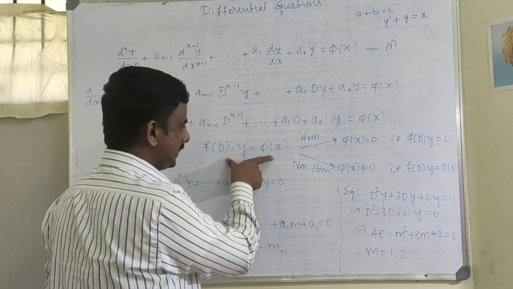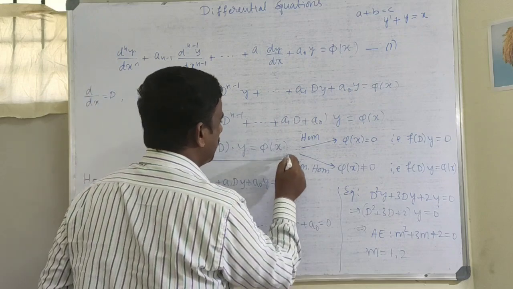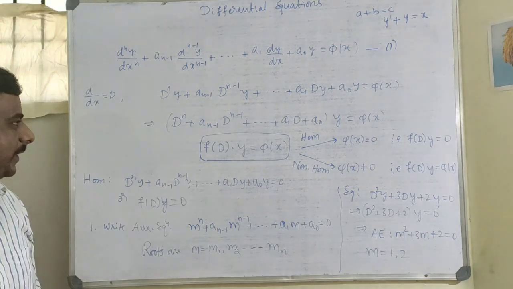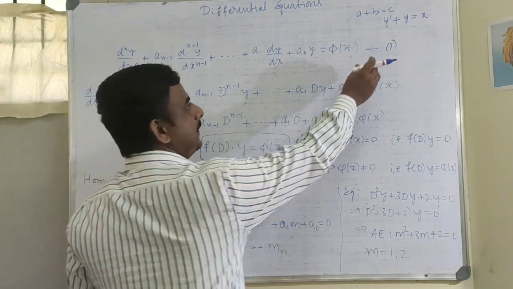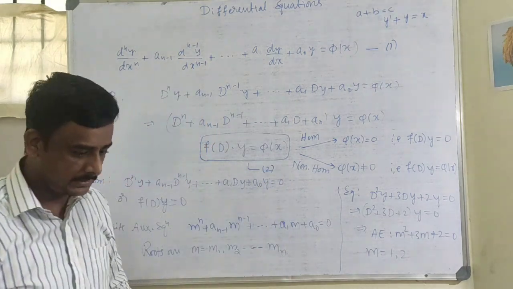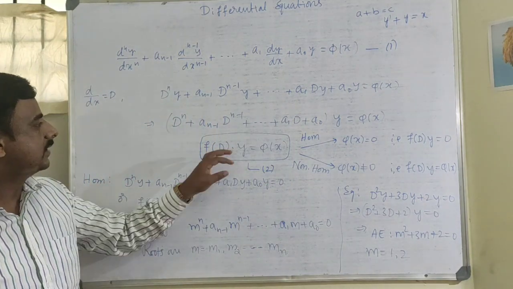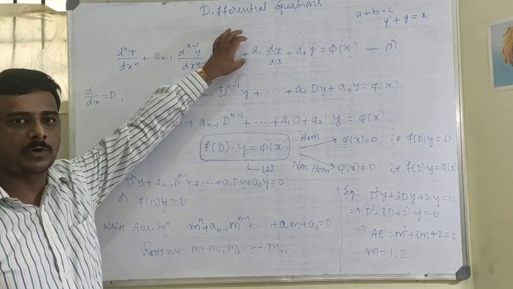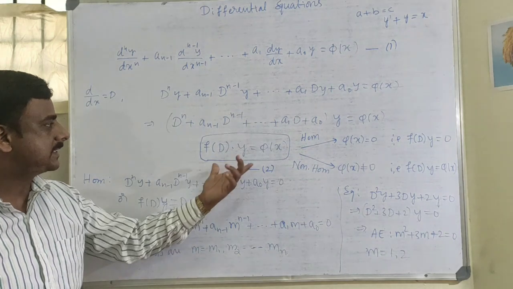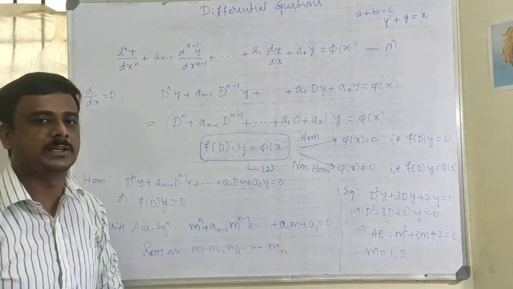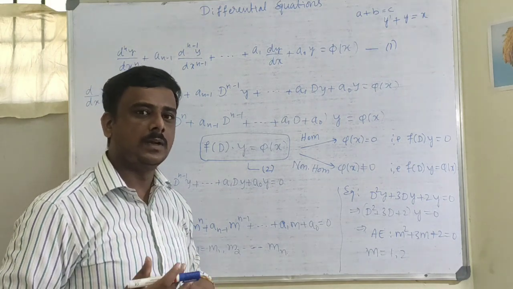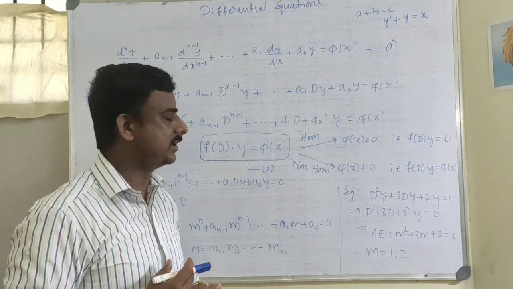This is the standard form of the differential equation. We have equation 1, and we can call this equation 2. Both are equivalent. The only thing is that equation 2 is the simplified form of equation 1. Now I have this equation, and I classify this set of differential equations into two types: homogeneous differential equation and non-homogeneous differential equation.